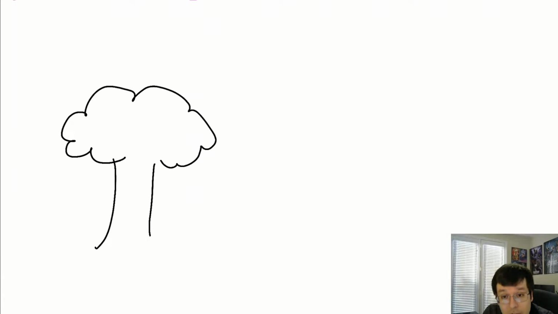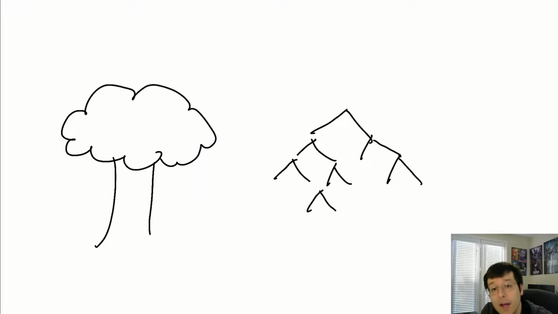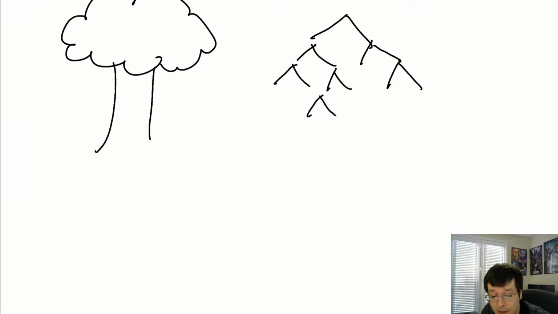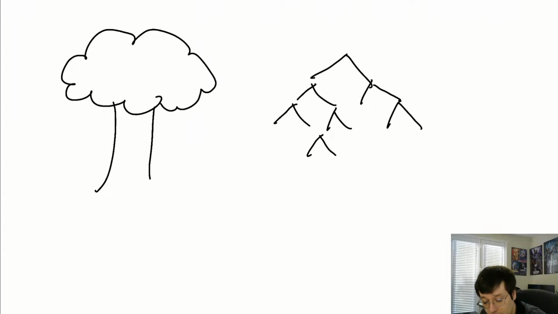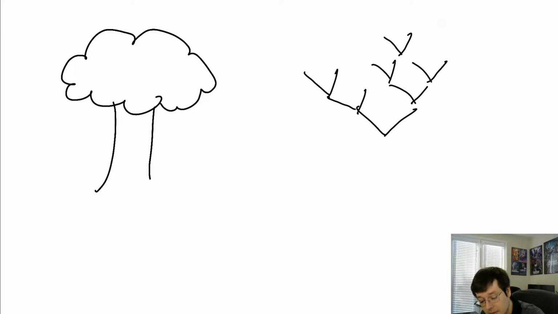So, since today's topic is trees, how about we define what I'm talking about? You know, because when you think of trees, you think of this right now. When I think of trees, I think of this. Which in a way is actually the same thing as the right side, because if you take this quote unquote tree, you flip it upside down, that's pretty much it. It's the same thing at this point.